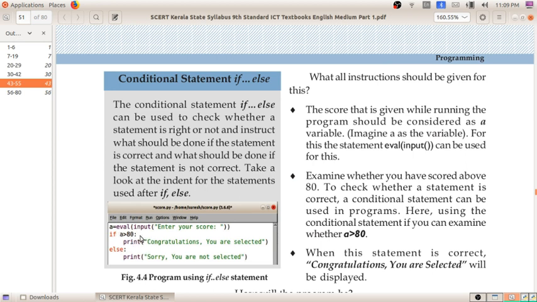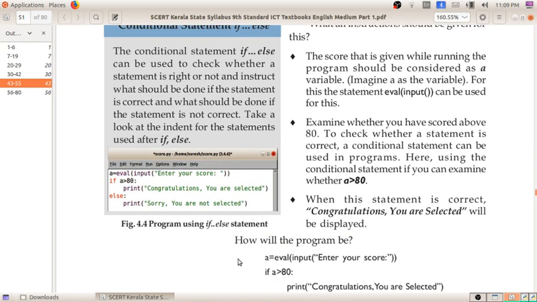If it is greater than 80, the computer will display congratulations, you are selected. If it is not greater than 80, if it is less than 80, the computer will print, sorry, you are not selected. So for conditions, we are using the if else statement.